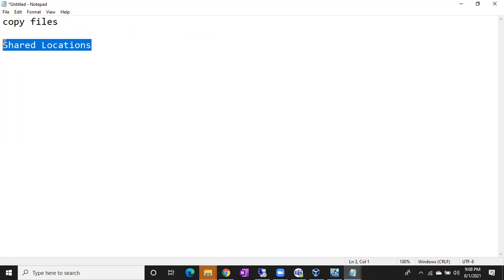You cannot download the service pack or cumulative update directly to the server, because servers don't have an internet connection. How are you going to fix this issue? You are unable to copy the file from your shared location. The shared location path is not working on that server. How to fix this issue?